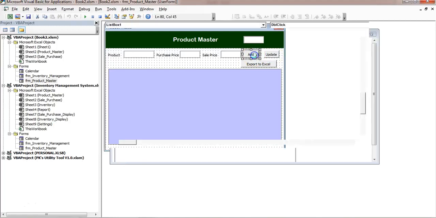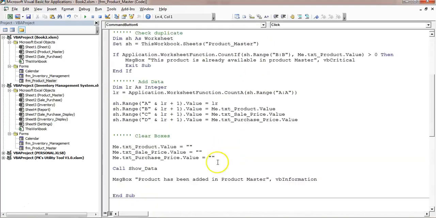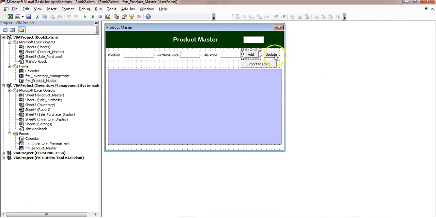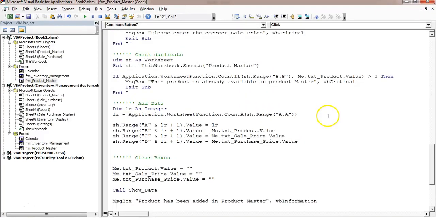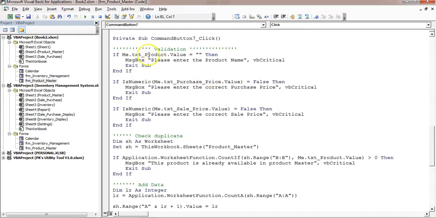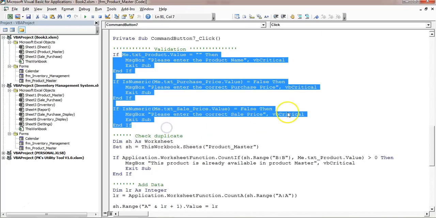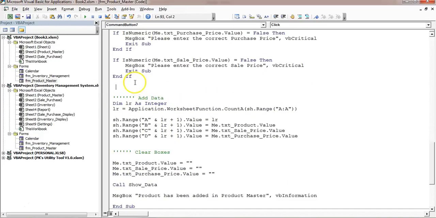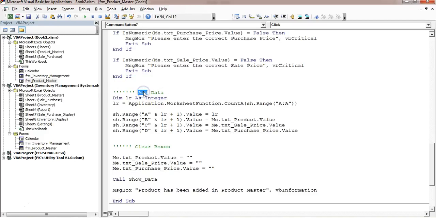So what I will do, I'll just click on add button and I'll copy entire code from here. Then I'll go to the update button, double click on update button, I'll paste the same code. I'll make the necessary changes. So few validation will remain same, like these 3 validations, and then I'll not check here duplicate, so I'll remove this validation from here. And now in place of add data, we will update data, and this time the LR